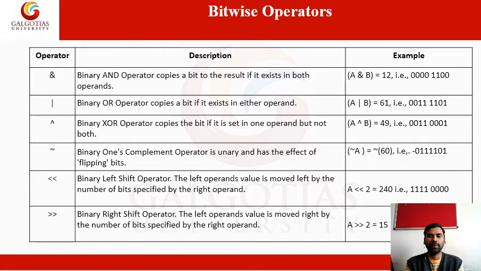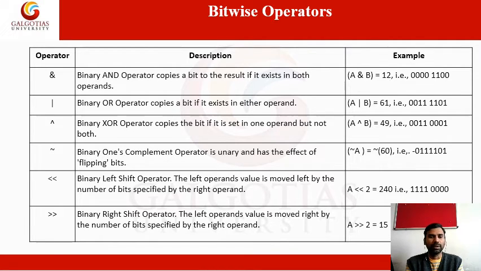There are two kinds of OR operator: inclusive OR and exclusive OR. Inclusive OR is the simple pipe symbol. Exclusive OR, or XOR, is the cap symbol. Next, the tilde symbol. This is the tilde symbol used for the ones complement operator. Ones complement just complements the value. For example, it makes 0 a 1 and 1 a 0. Suppose the complement of 0 0 0 0 is 1 1 1 1. That's all, we just complement.